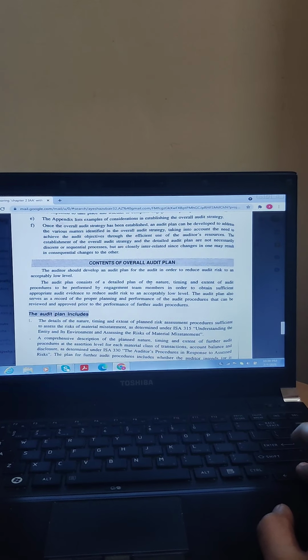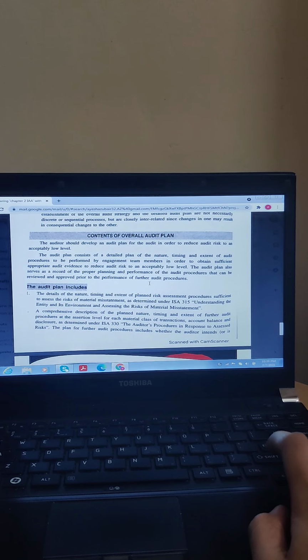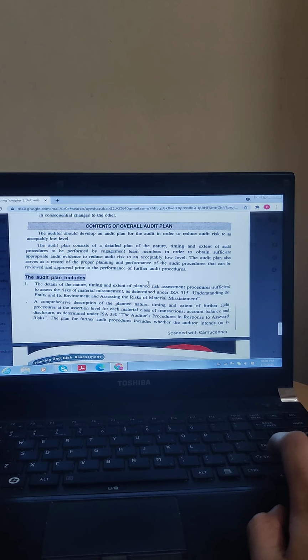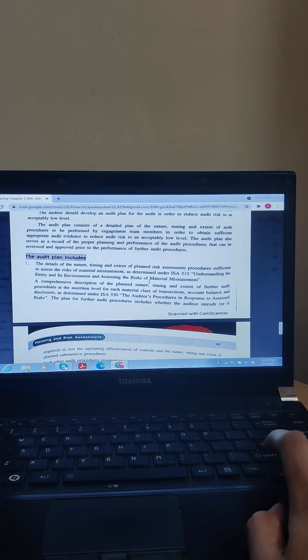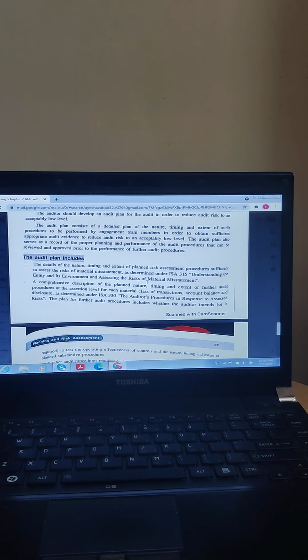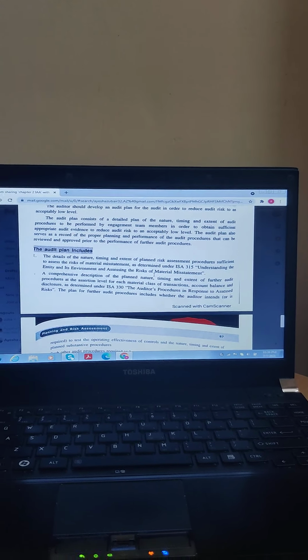Next you have the contents of the overall audit plan. Now we looked into what the contents of the audit strategy are. Next is the contents of the overall audit plan. Now basically the plan includes the details of the nature of the business, and the time that is expected for the auditing, how much time it will take to complete that particular auditing,